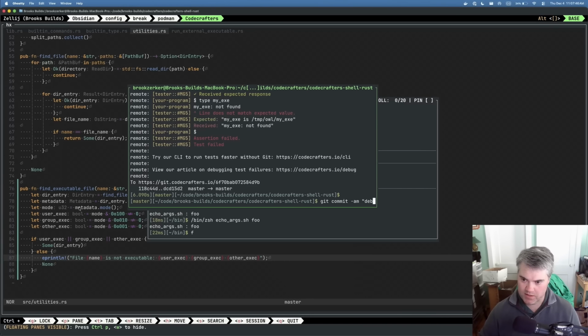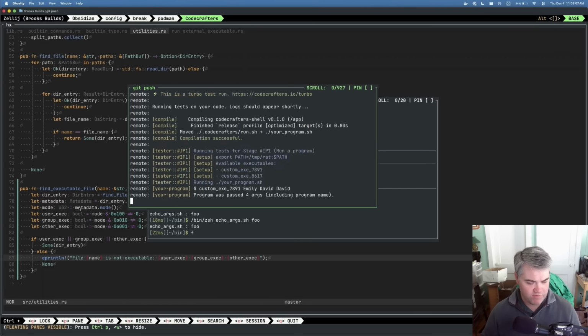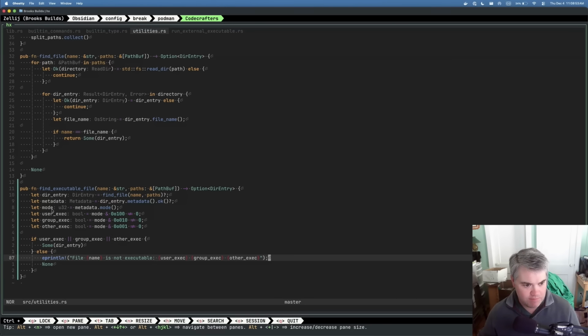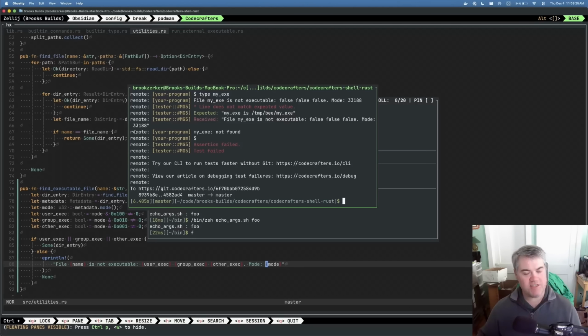So debugging, see, executable not found due to not being executable, which is kind of working for most of our stuff, but maybe not this one. Yeah, okay. So my exe is temp my exe. File my exe is not executable, false, false, false. So it thinks that it's not executable, and that's the problem. I get the mode out of here, so I can just add in the mode. I could have given a lot more information in that debug message. Okay, so the mode is